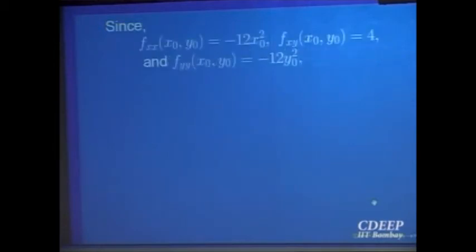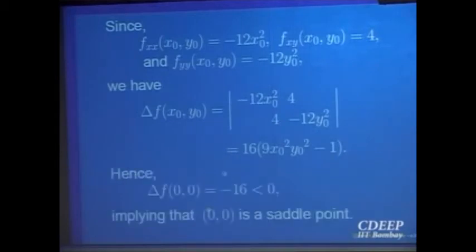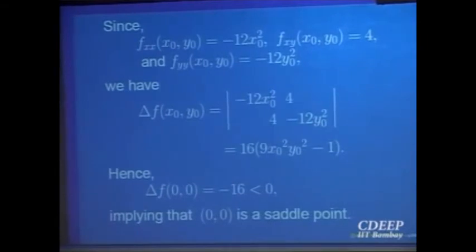So let us compute the second order derivatives. f_xx is minus 12x squared, and similarly compute f_yy. Let us find the discriminant at a point (x0, y0); that comes out to this. Now we will analyze this at the three points (0,0), (1,1) and (-1,-1), one by one. At (0,0) this becomes 0, it is negative. So the discriminant is negative. That is the third case in the theorem, which means it is a saddle point. I don't have to do anything else.